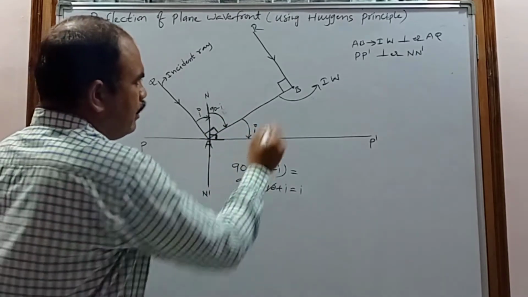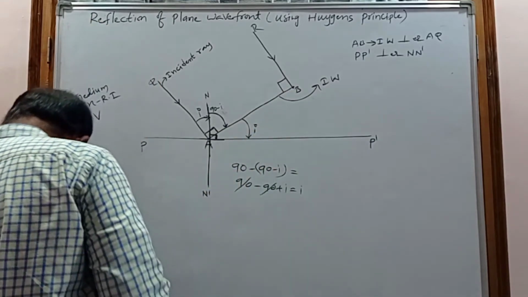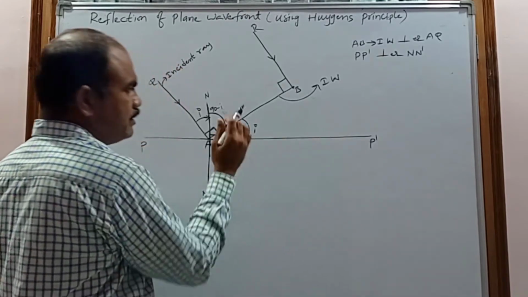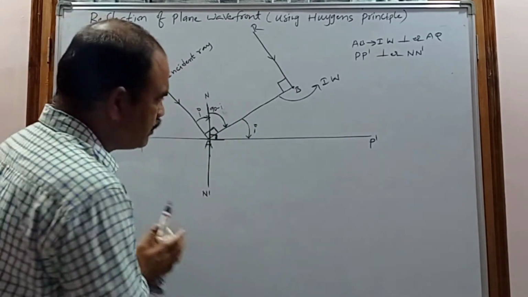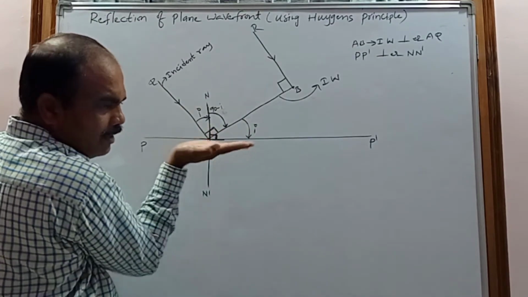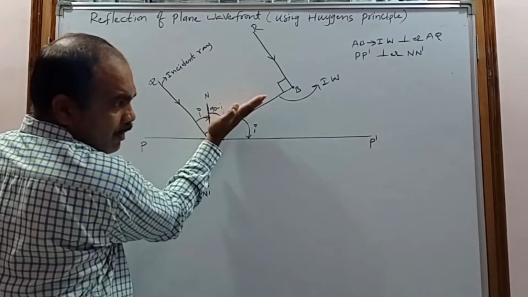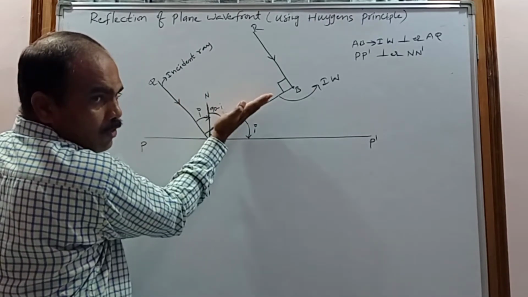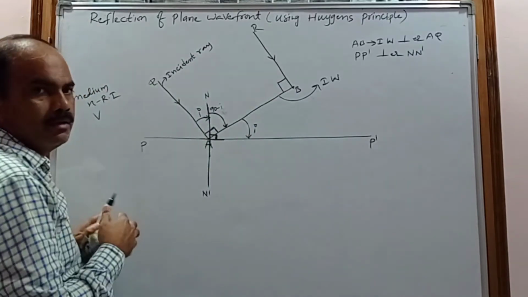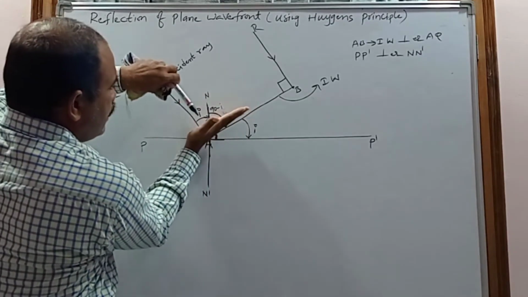i. And now this incident wavefront is making how much angle with the surface? i. So that's why the incident wavefront is incident on the surface with what angle? i. So actually the surface will be perpendicular to this board plane, and the incident wavefront is also perpendicular to the board plane. Now, but the incident ray is in the board plane.